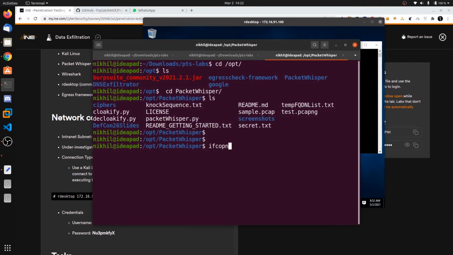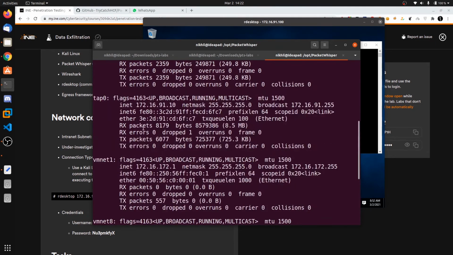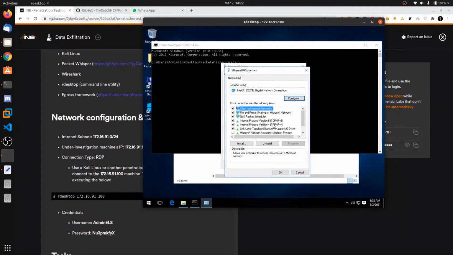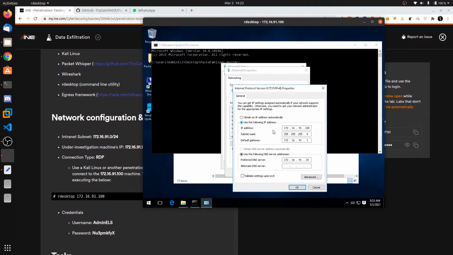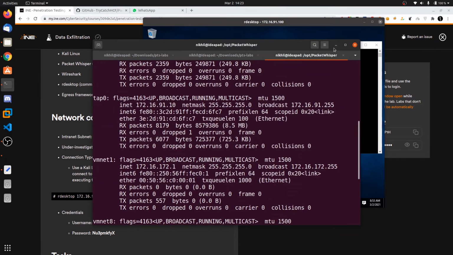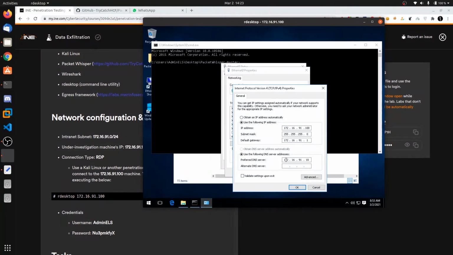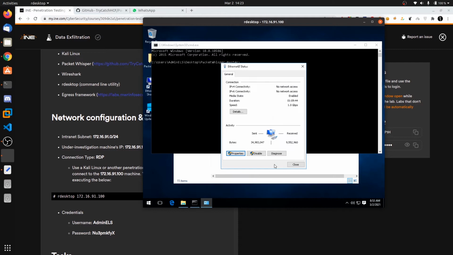It's ifconfig. So this is the IP address, 172.16.91.10. I have already put this one, 172.16.91.10. Click on OK. Click on OK.